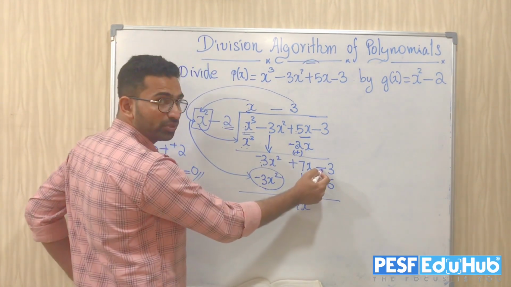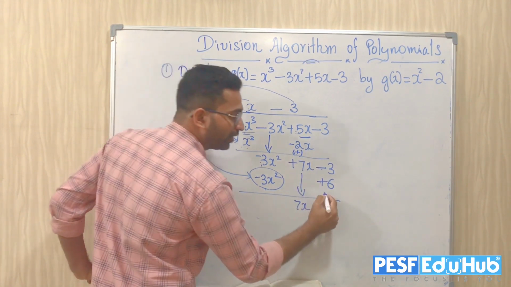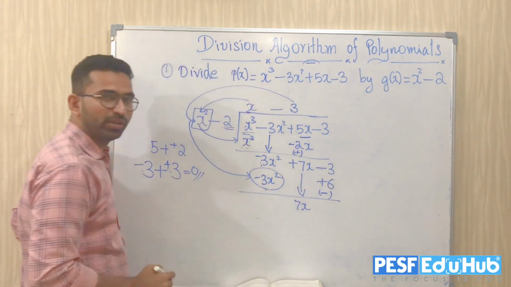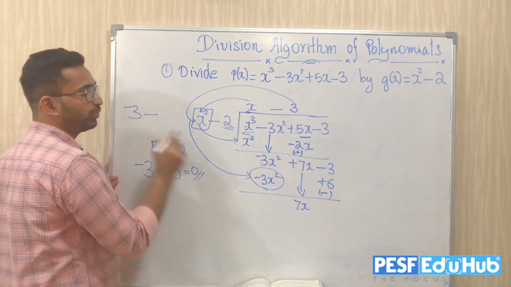So I have a minus 3. See, minus 3 minus 6. It becomes a subtraction operation. Am I right? Means minus 3 I have over there. I have to subtract 6.